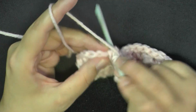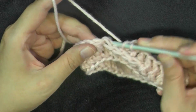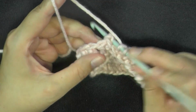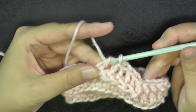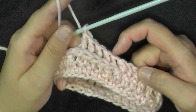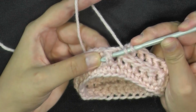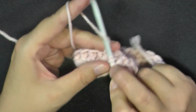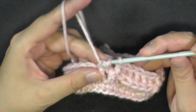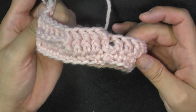That's 2, 3, 4, and 5. Now you've got your 5 front post, 5 back post, and you'll repeat that for the remainder of your round. Next, you'll be doing your 5 front post, and then the next 5 stitches you'll do your 5 back post. So you continue that pattern all the way around, and I'll see you when you get back up